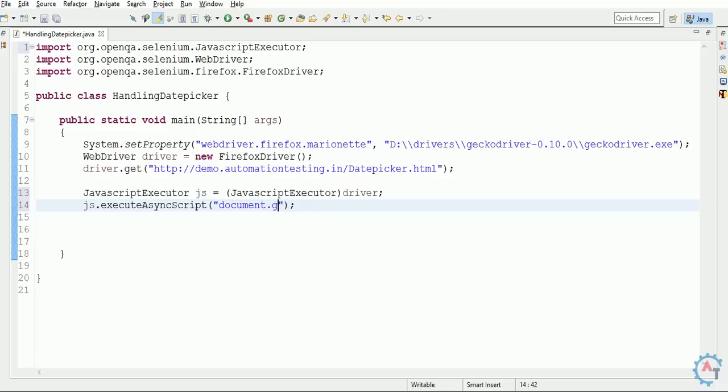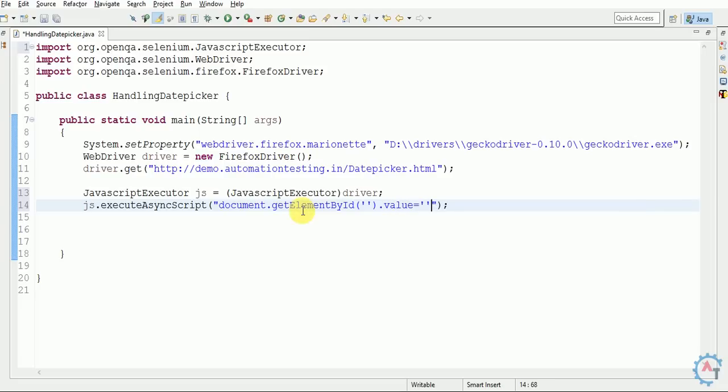document.getElementById, and you have to provide that ID. Then, dot, you have the method value equals.